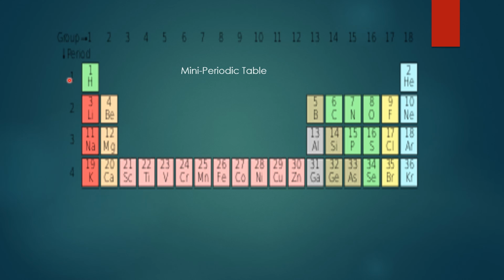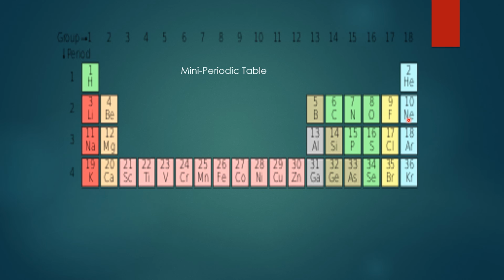Go on giving the numbering like this. Write down the 4 periods, and then 18 groups: 1, 2, 3, 4, and so on, up to 36 krypton, or up to 30 as you write. The first period: hydrogen and helium. Second period: lithium, beryllium, boron, carbon, nitrogen, oxygen, fluorine, neon.